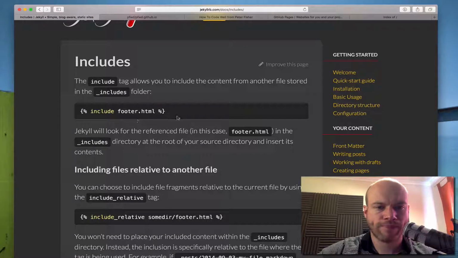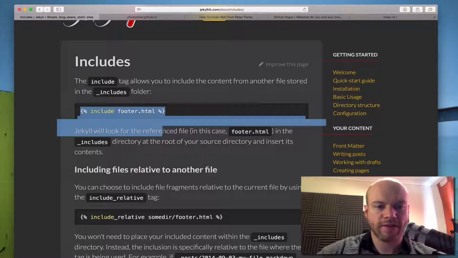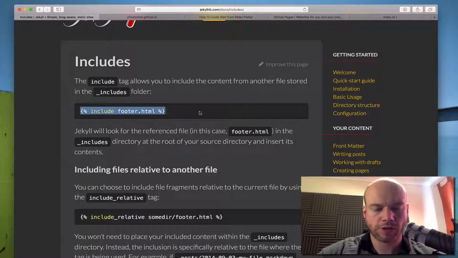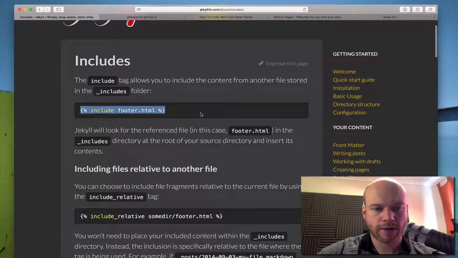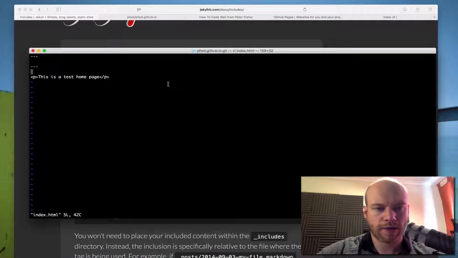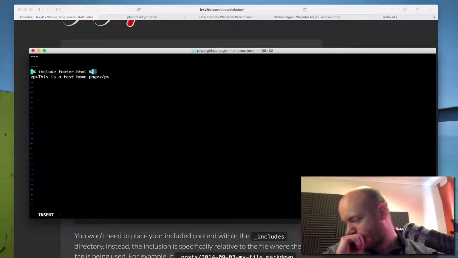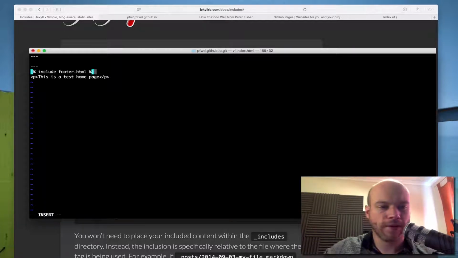So it's curly braces and then a percentage, which is very Twig-like. If you're a Symfony developer and you've used Twig, this shouldn't be very difficult to pick up. So pick that up and copy that here. Whoa, that's not what I wanted. Excuse me. Okay, so